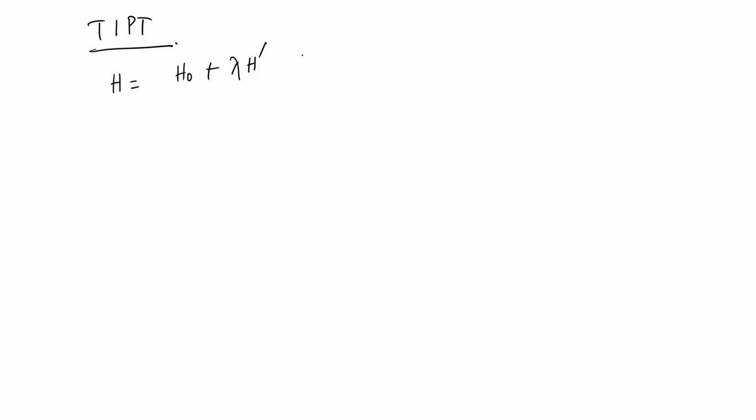Okay. And so, lambda is basically a term which is much smaller than 1, then we do not have to talk about the expectation values of H prime and H naught that we have talked about before. So, we have introduced by hand a parameter which is much smaller than 1,